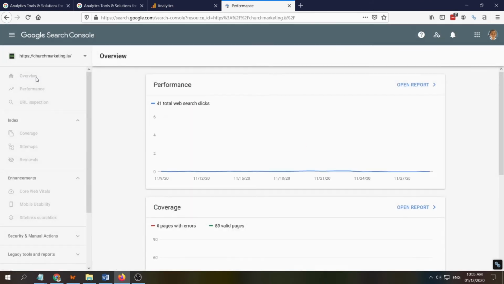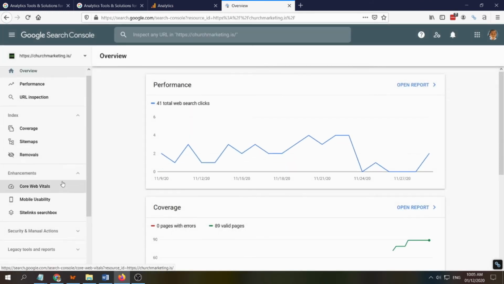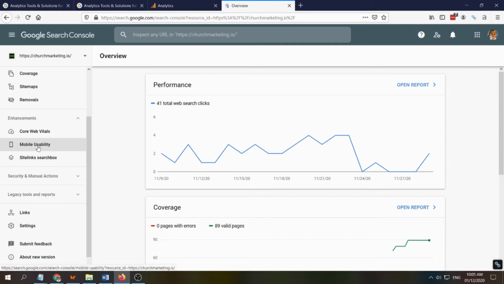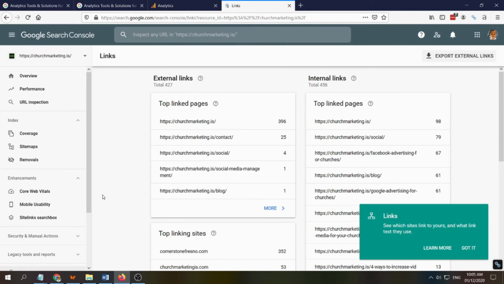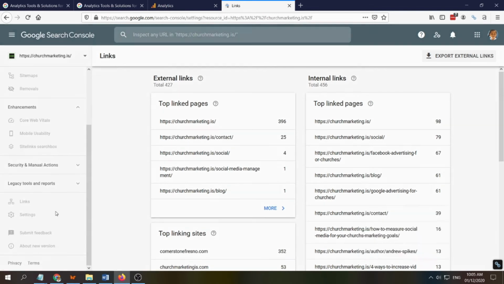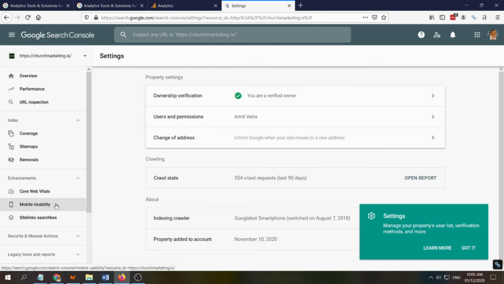Okay, the overview here. And also this one will go into the settings. Actually, we will use Google Search Console for diagnostic purpose, and also adding sitemap, and you know set